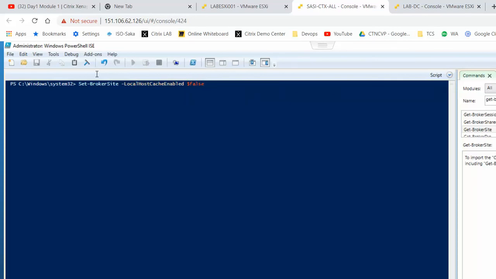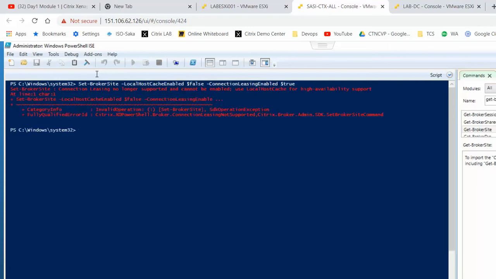Then we have to give the same command line with -ConnectionLeasingEnabled $true. Okay, ConnectionLeasingEnabled true. Hit enter. What happened?